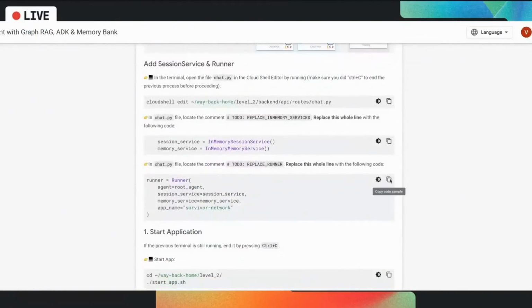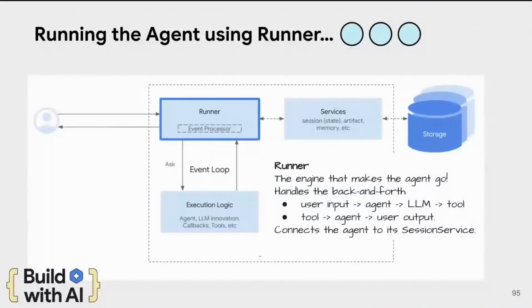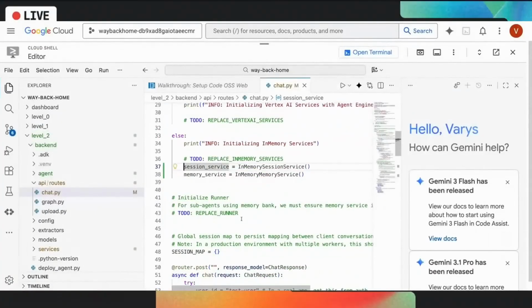When we say runtime, I will share the screen here as well. Essentially, when you use something like ADK, behind the scenes a runner is instantiated. The runner manages all the events that the agent sees. So when the agent is calling a tool asynchronously, or updating state or updating memory, all that runtime is being managed by the runner. There's a lot of things that you can do to configure it, but all we're going to do now is pass in the in-memory session and in-memory memory that we just defined earlier. So coming back over here to Cloud Shell, we want to come down here